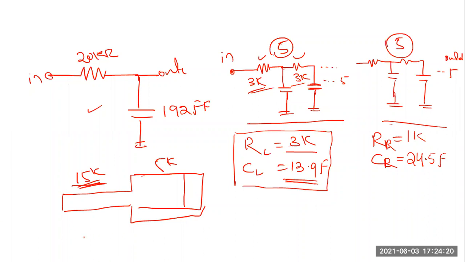So don't think that it is same as the previous problem. There is a purpose why I have given this problem. Because in the previous problem, it was regular, whether from the left side or right side, if you check, the same thing you will get. But here it will be different. If you check from left side to right side, left side your input, right side your output, you will get one value. If you check from right side to left also, another value you will get. So that is the difference.